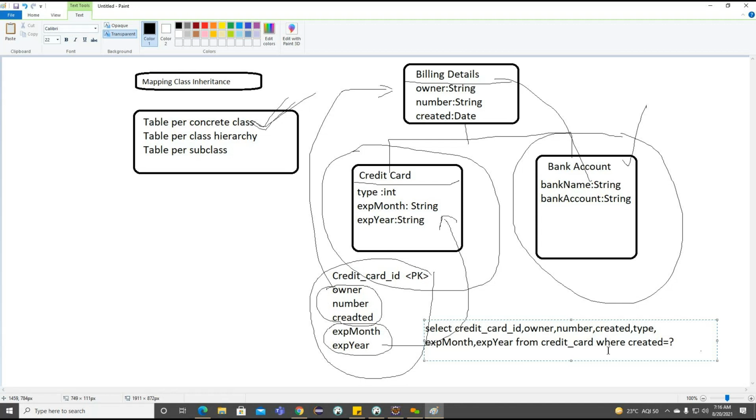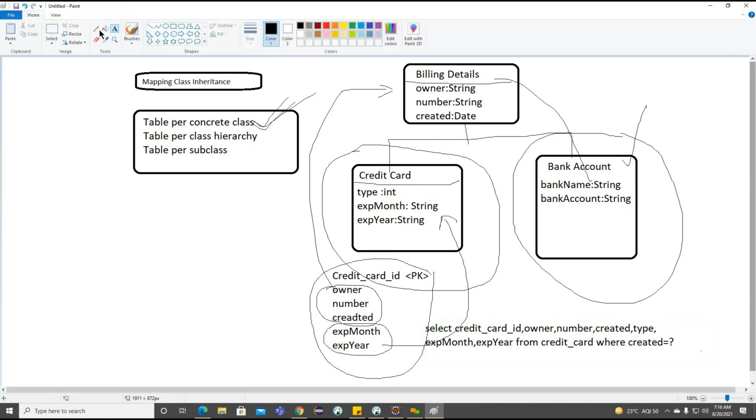So now what you are understanding here, for each subclass, each table, how many queries do we want to generate to find out the billing details information along with the credit card or bank details information?